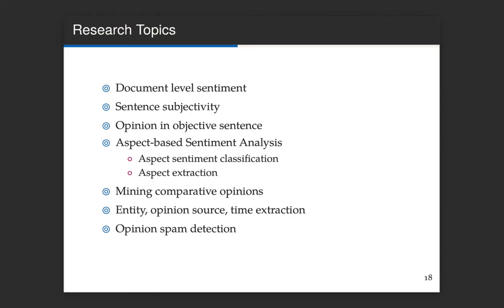And lately we are online most of the time. I'm buying a lot of things online. So lately there is another problem, which is opinion spam detection. You want to know which opinions are real and which ones are fake. This is also related to fake news detection.